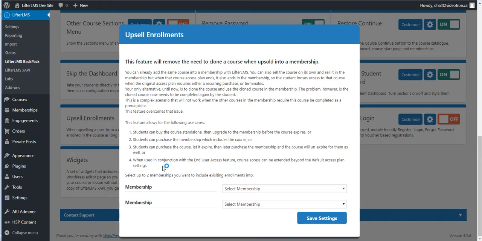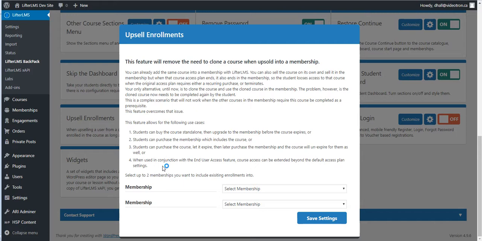So that's one scenario that this, I'm not going to say corrects, because there's nothing wrong with it. What I'm going to say is it's another enhancement feature that allows you to override the rules of the LifterLMS